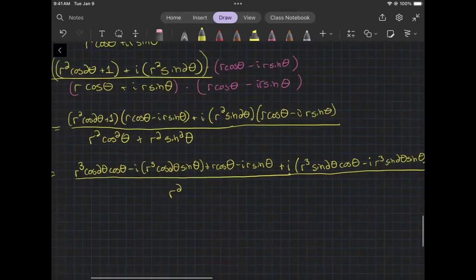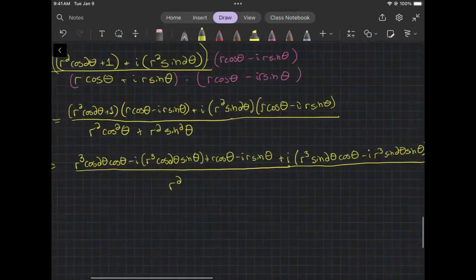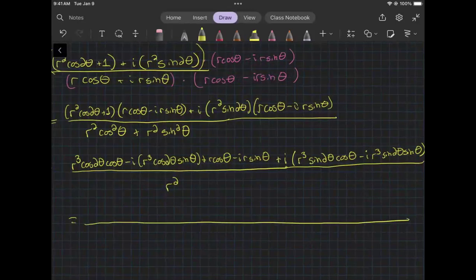Okay, so from here, this would equal r cubed cosine 2 theta cosine theta plus r cosine theta